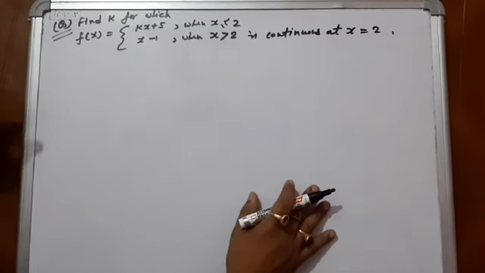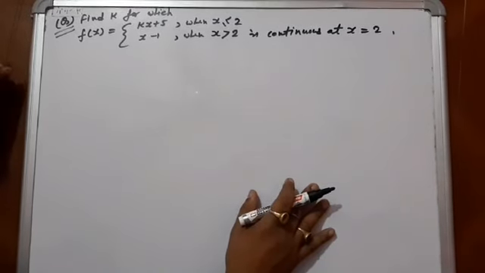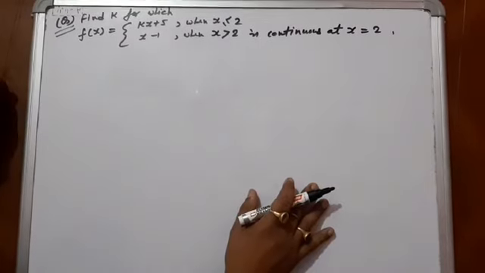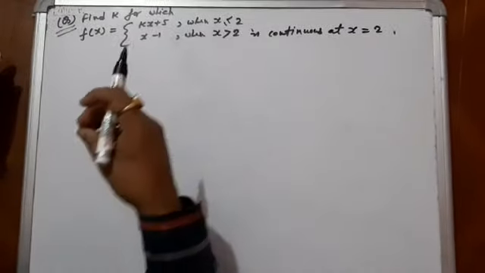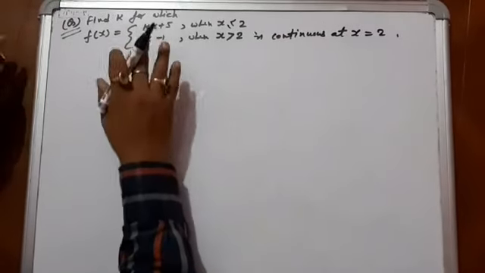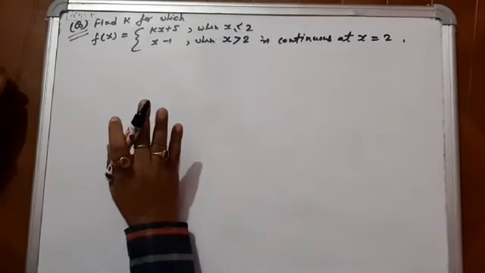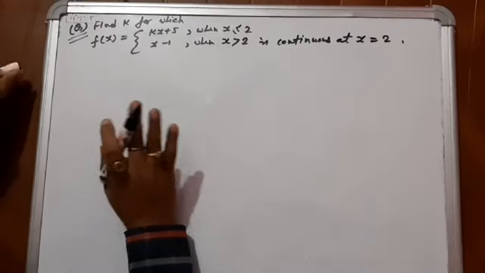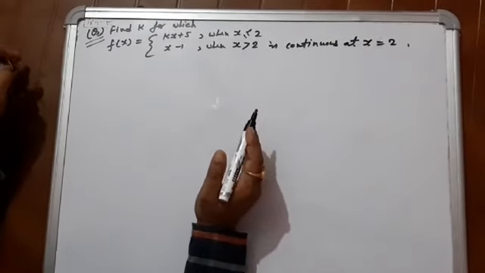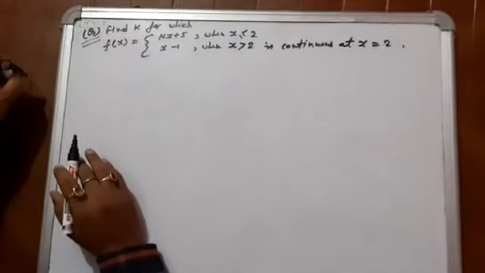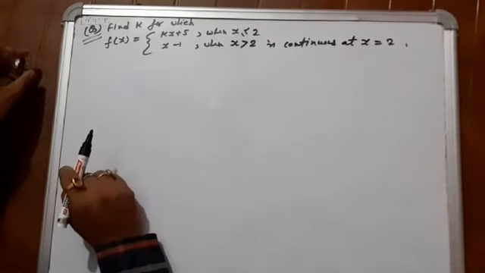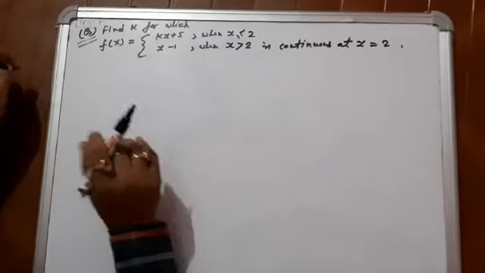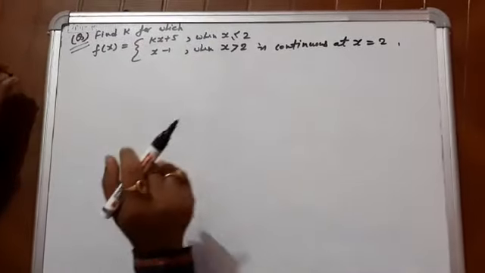We have seen this thing in the previous video, and then you have seen how to solve the related problems of continuity. Now today you are going to see that it is already given this function is continuous and some unknown value is given there. In class 10th also you have seen in the linear equations, at first you have proved there that the given function has the infinite solution, no solution, unique solution. Then after, one unknown was given there, and the problem was to find the value of that unknown. A condition is given that it has the unique solution.